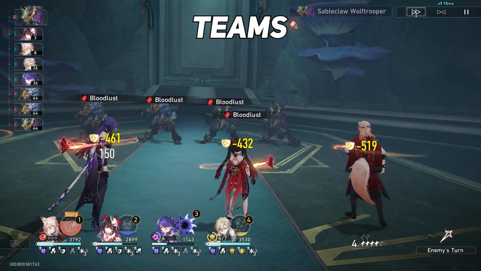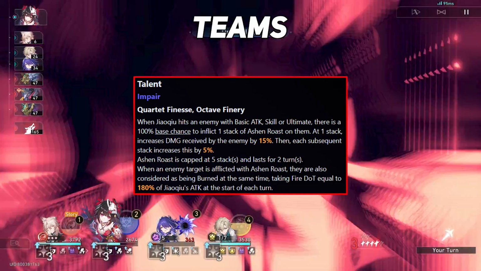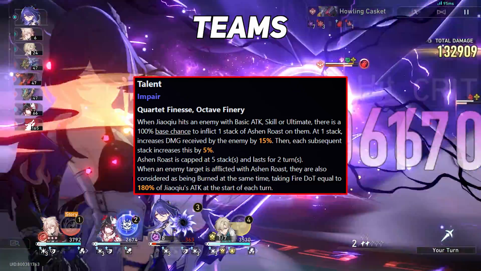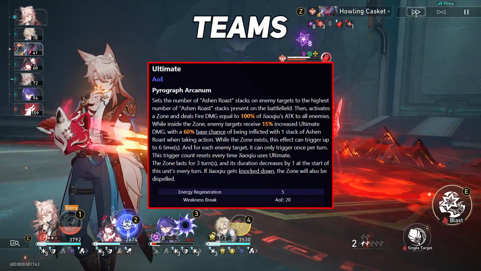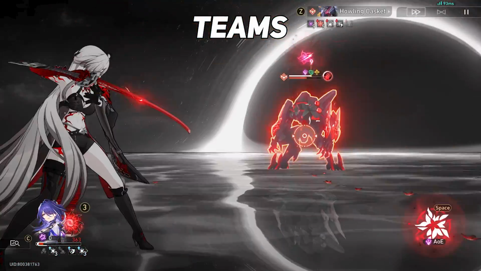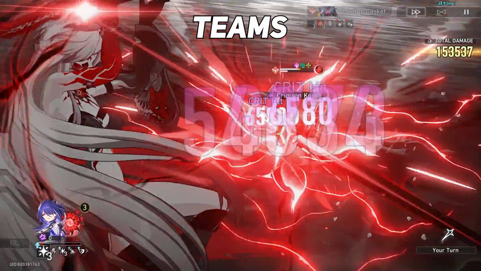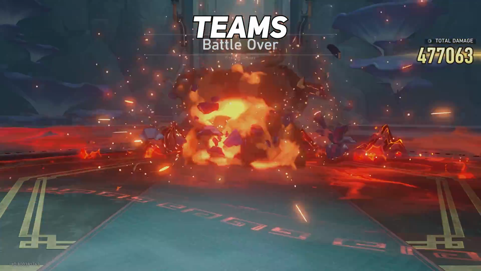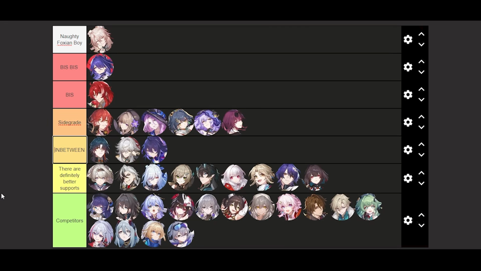He's actually very versatile, because most of his vulnerability is universal and will affect all kinds of damage in the game. Obviously 15% of his vulnerability only affects ultimate damage, so if you want to make full use of him or be optimal or whatever, ultimate dependent teams are the best, which is why he's better than Pela in Acheron and Argenti teams. I think Jiaoqiu teams can be a little bit complicated, so I thought it would be best